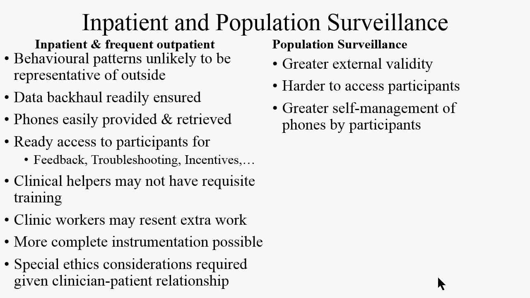Okay, data backhaul. We spent some time on this before, so I don't think I'll go over this again. Wi-Fi versus cellular data networks. Wi-Fi is free, no risk of overage charges, no effort for data plans, none of this dealing with the crazy data providers. The cons are you're uncertain about when you're going to get the data. It may actually take a couple days, particularly for low SES people, for them to come into contact with the Wi-Fi network. For others, they may be connected most of the day.